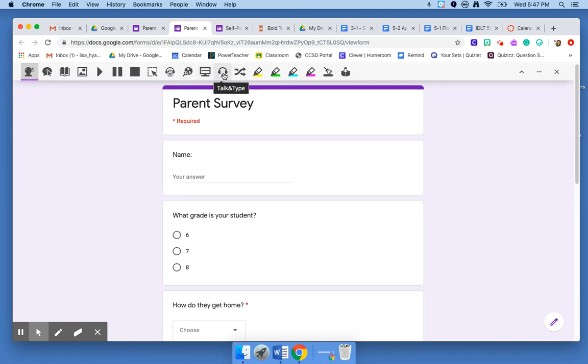It can just read a section by clicking the screenshot reader. Those are not ones that I use, but the talk and type is another way. If they're on a Google Doc or filling out an answer and they have a headset on or they're in a place where they can speak to the device, then it will actually type in their responses for them. It even has a translator option. It can clear highlights that they've made,